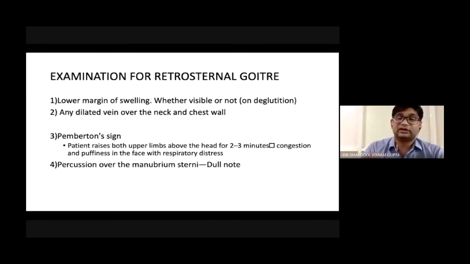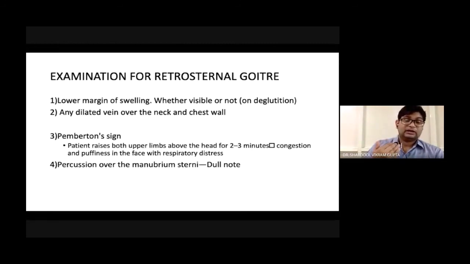Like retrosternal extension, you will say in history the patient will tell that I am able to see the lower margin. And then in examination, on deglutition, you will be able to see the lower margin. And then in palpation, you will be able to feel the lower margin of the thyroid, which some examiners say you may be able to go below. And on percussion, you will say that it is dull. And in history, one thing I missed, that you will see engorged veins on the upper part of the chest